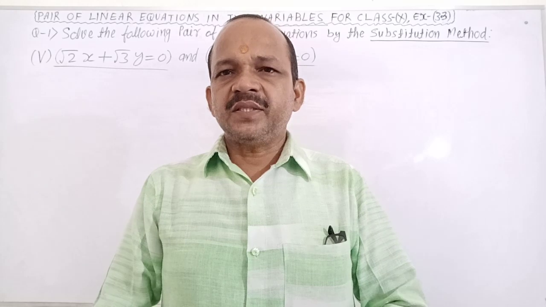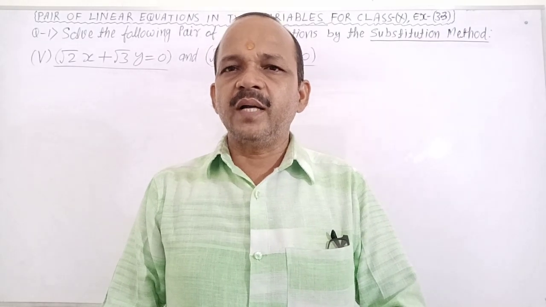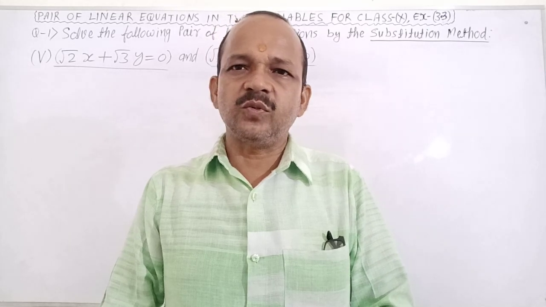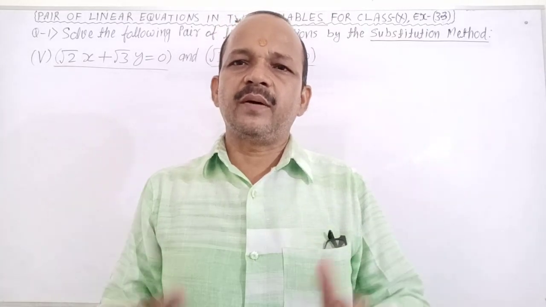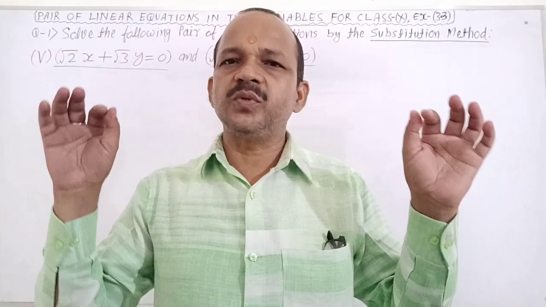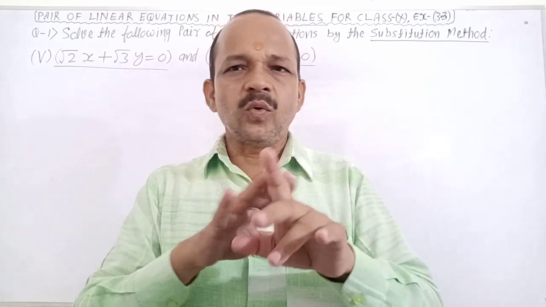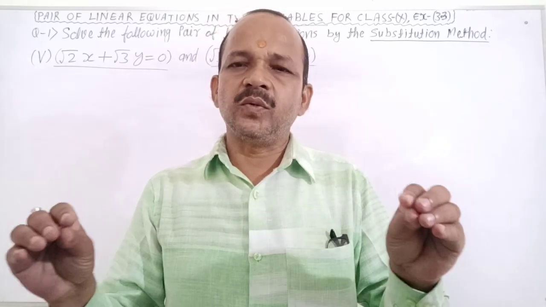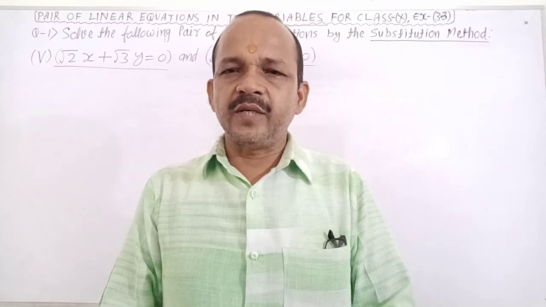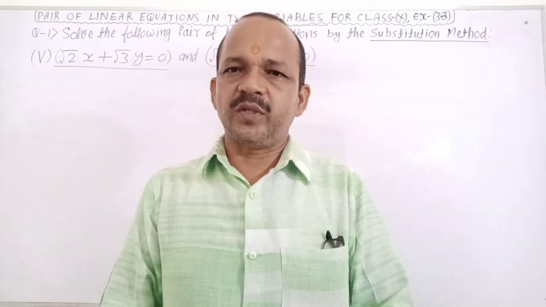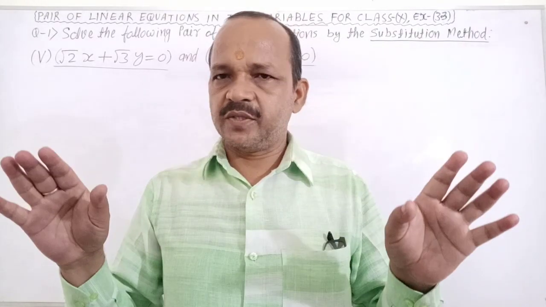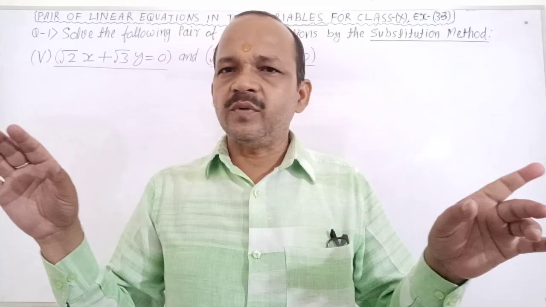Very good. Firstly, I want to describe the form of pair of linear equations in two variables, because you can ask me what is the form of pair of linear equations in two variables. It is new for you, so you can ask questions very easily. It is clear. Very good. a1x plus b1y plus c1 equal to 0 and a2x plus b2y plus c2 equal to 0. It is the form of pair of linear equations in two variables. It is clear.